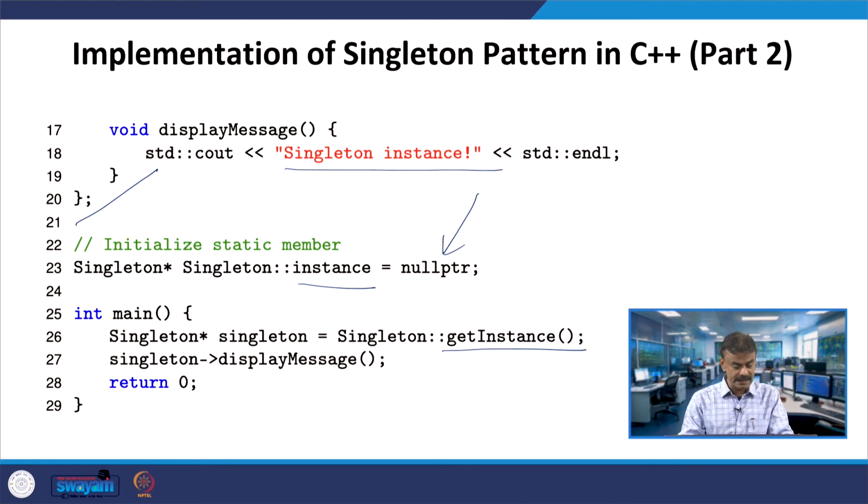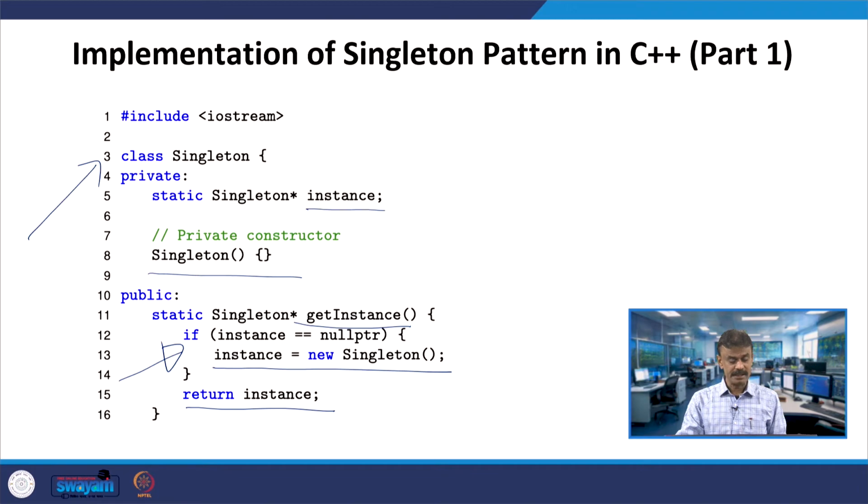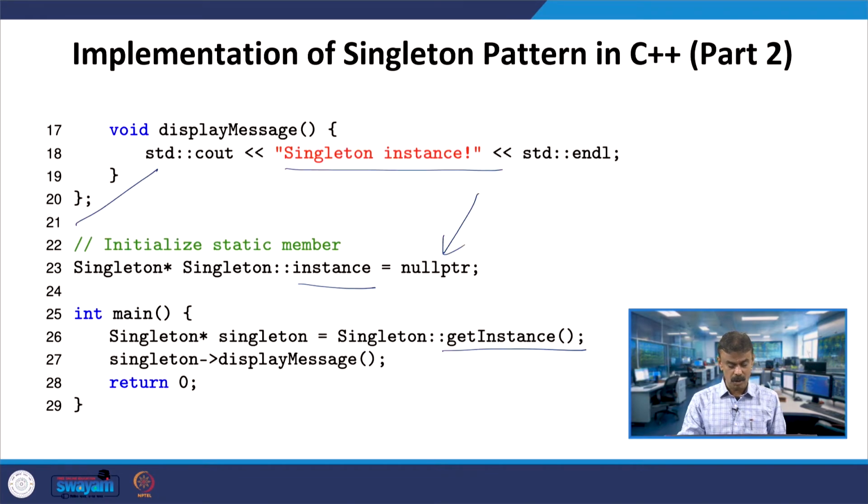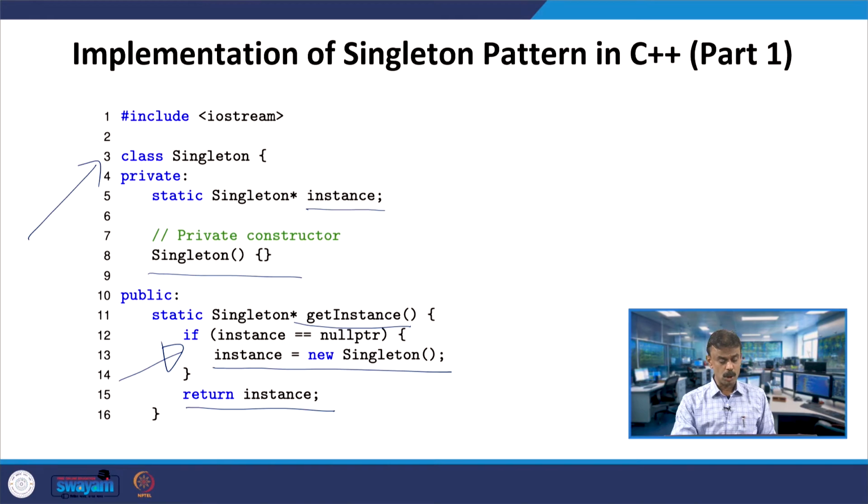When I am creating this pointer object, the getInstance function will be called, that is equal to Singleton::getInstance on the right-hand side. When this function is being called, if there is no instance, the instance will be created from line number 12 and 13.